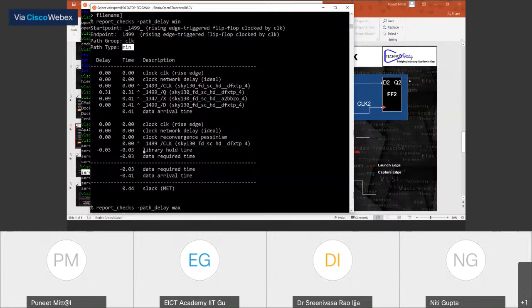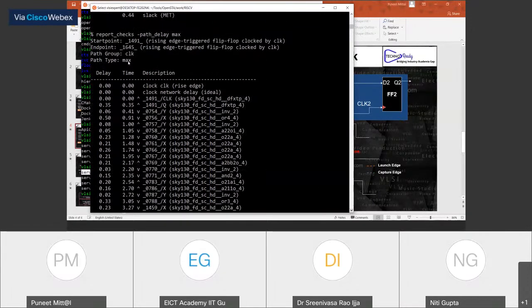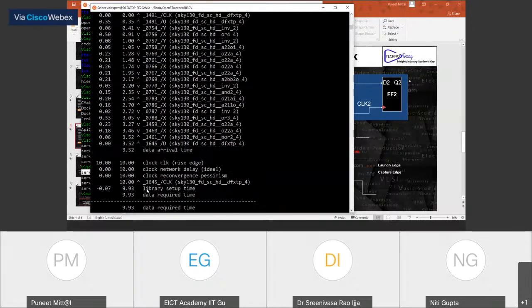Second is this portion. Here we are talking about the hold time. Here it is basically saying, this is my hold time. If you go back here, it is a max setup, and then here this is the setup time. So these are the two differences right now.